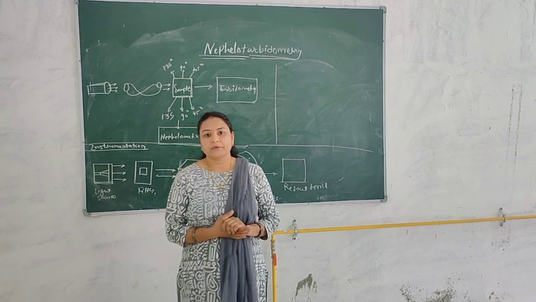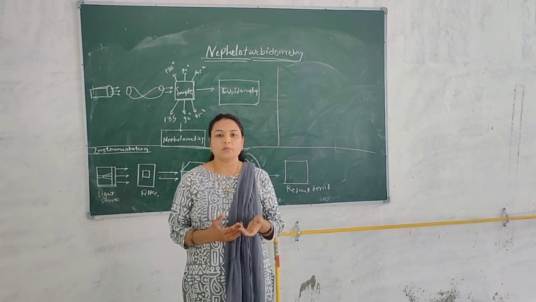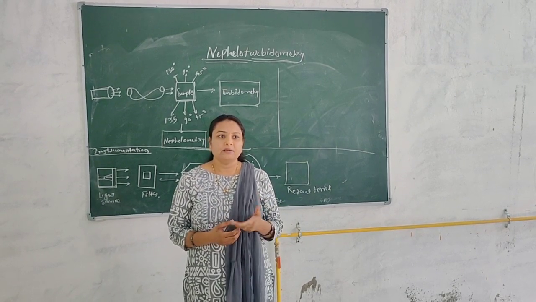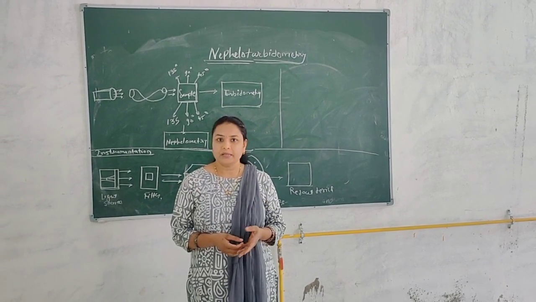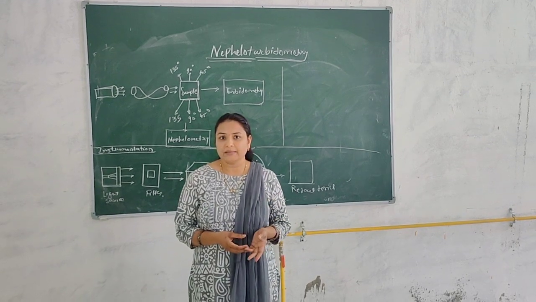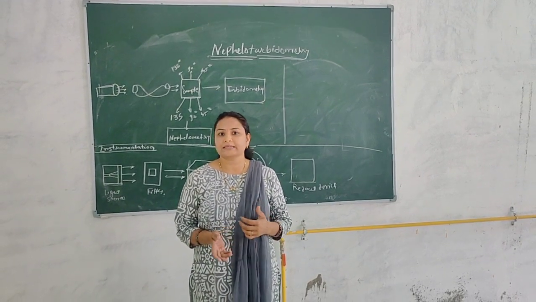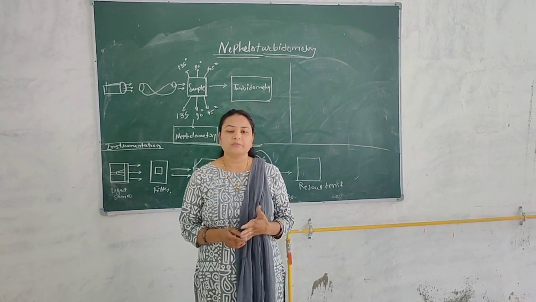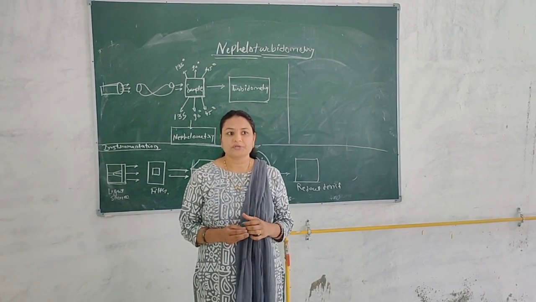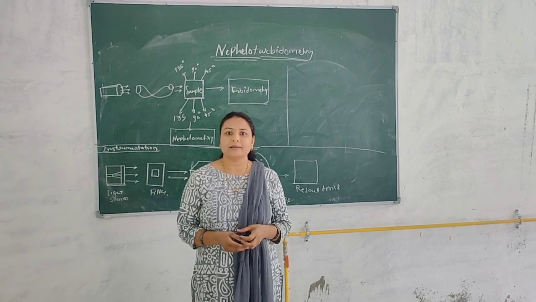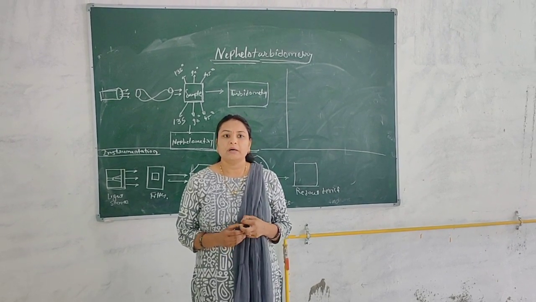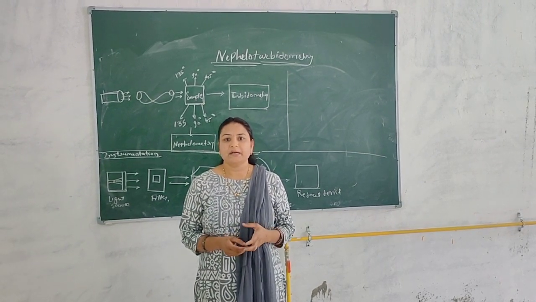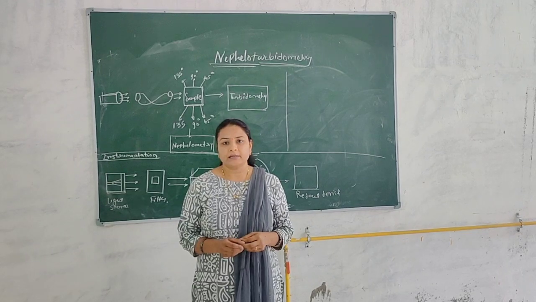In case of spectroscopy, when any radiation is passed through a sample, some of the radiation gets absorbed by the sample, some gets transmitted, and some gets scattered or reflected. As we have earlier seen in UV spectroscopy, absorption of radiation by the sample is detected by the UV spectrometer. But in case of turbidimetry and nephelometry, transmitted light and scattered light are detected.